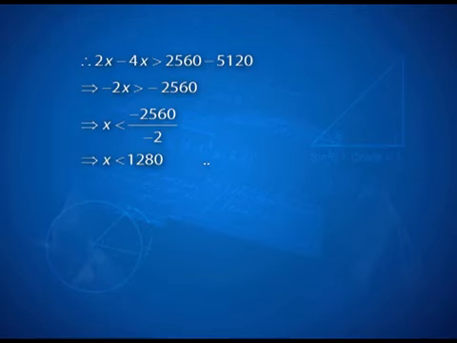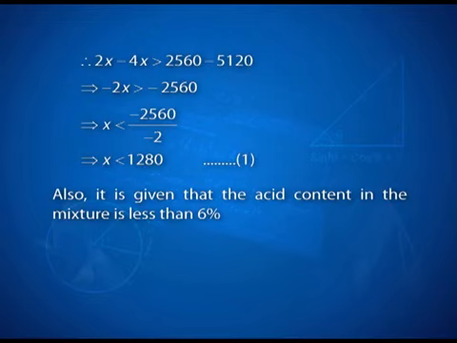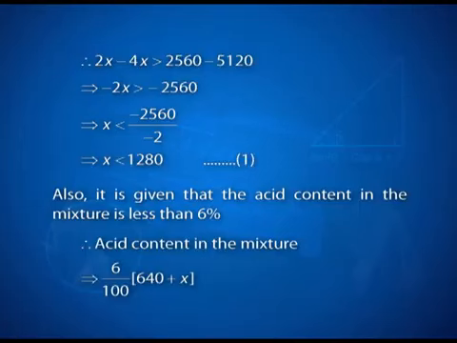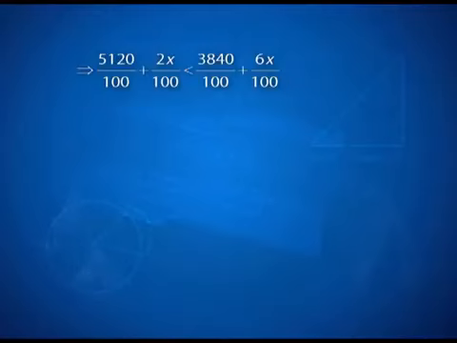Let us consider this condition as condition 1. Now, the second condition given to us in the question says the acid content in the mixture is less than 6%. So, as before, the acid content in the mixture is less than 6% of the volume of the mixture I obtain. That is, acid content in the mixture will be less than 6% of 640 plus x. Since the acid content in the mixture we had observed was 5120 upon 100 plus 2x upon 100, we get the inequality